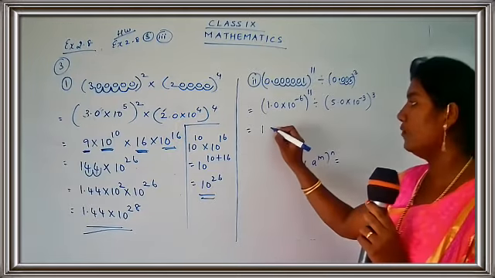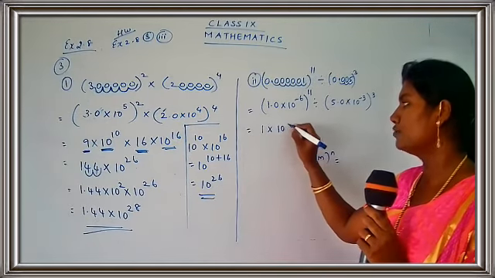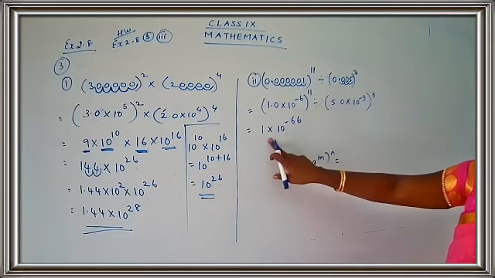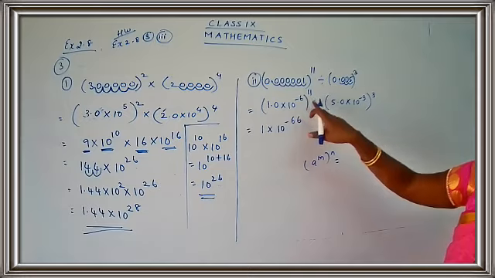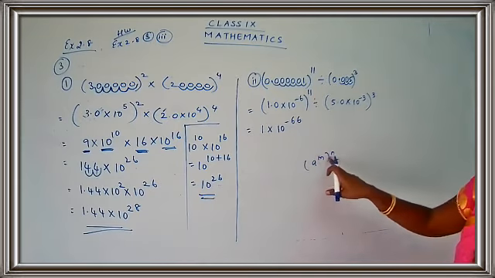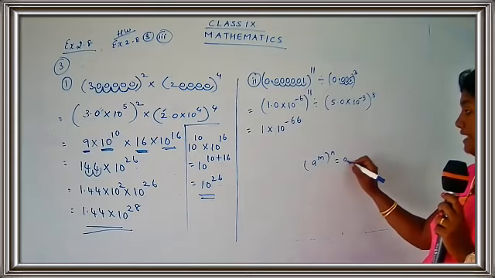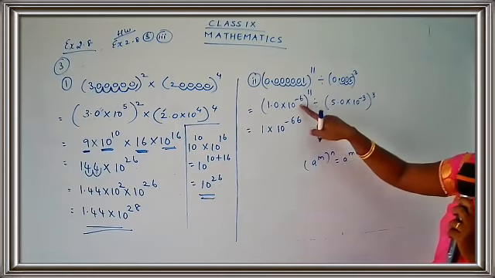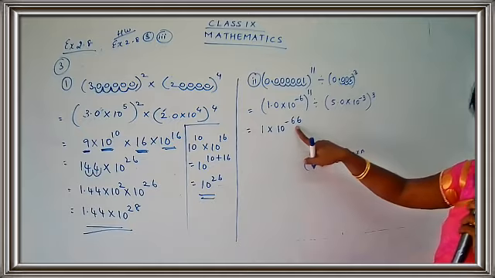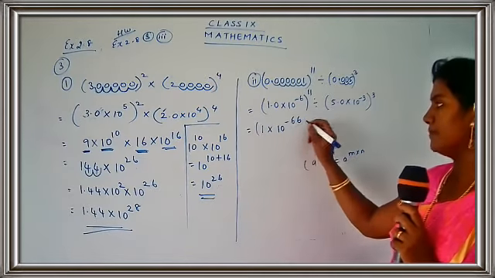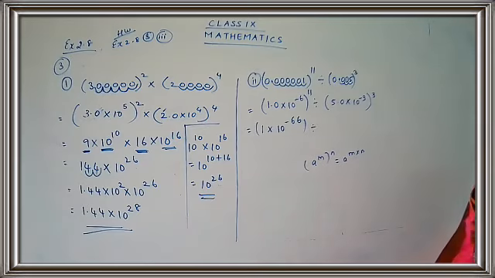Okay, so I get here 1 into 10 raised to minus 6. What is 1.0? It's 1. 10 raised to minus 6 raised to 11. You have two powers, so you have to multiply the powers. You get a raised to m into n. So minus 6 into 11 gives you minus 66. Okay, done. I'll just put a division sign over here. I'll use a bracket. It is always good to write the brackets to avoid confusion.